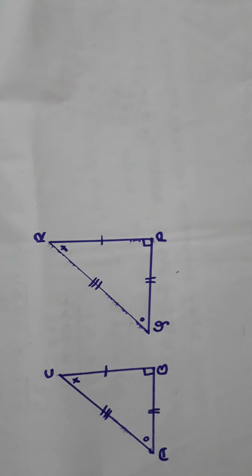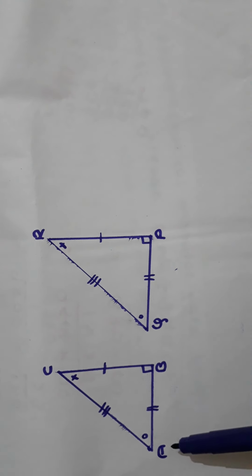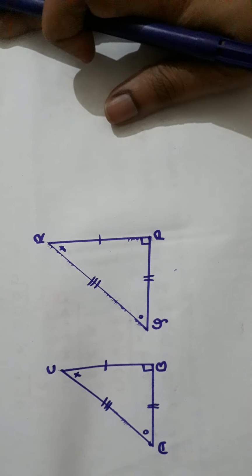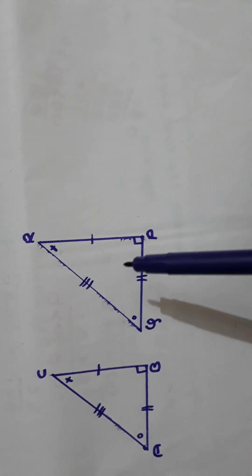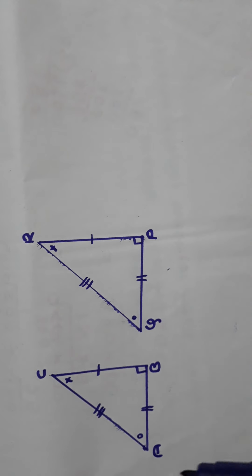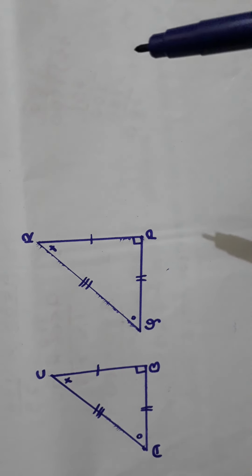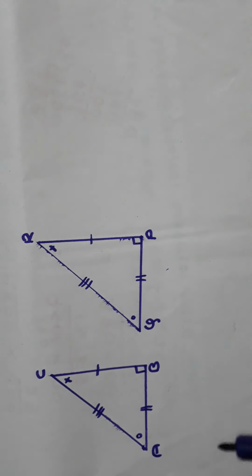Now if the correspondence is not given, then how can we write the congruency between the two triangles? In such a case, you will be given the congruent parts between the two triangles, and the congruent parts will be indicated by identical marks. For example, here triangle ABC and triangle PQR. Now for both the triangles, the congruent parts are given, and you can see that the congruent parts are indicated by identical marks. So with the help of the congruent parts, we are going to write the congruency between the two triangles. Now here the correspondence is not given.